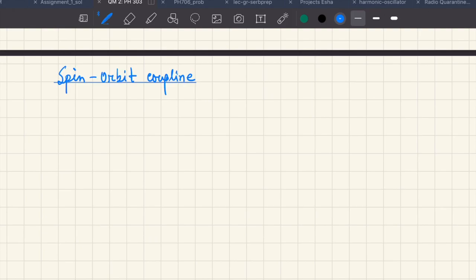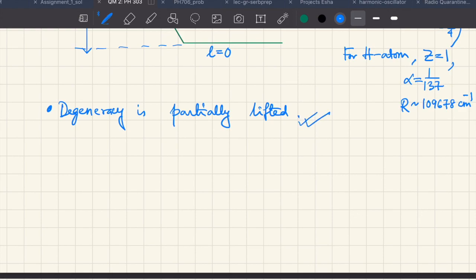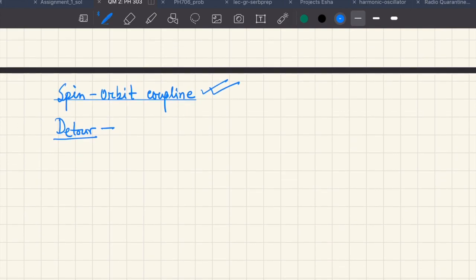So this time what we need to remind ourselves is basically the coupled and uncoupled basis states for the understanding of addition of angular momentum. That also is another topic which you had encountered in your PH 204. So let us have a small detour, and we will come back to this discussion as well as the discussion on the relativistic correction, after we do a small detour on the coupled and uncoupled basis.